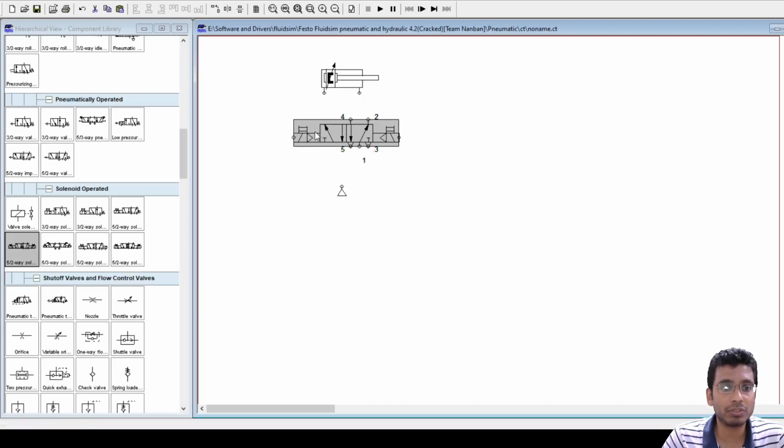So the symbol of this would actually look like this, since right now we have here pilot as well as solenoid.